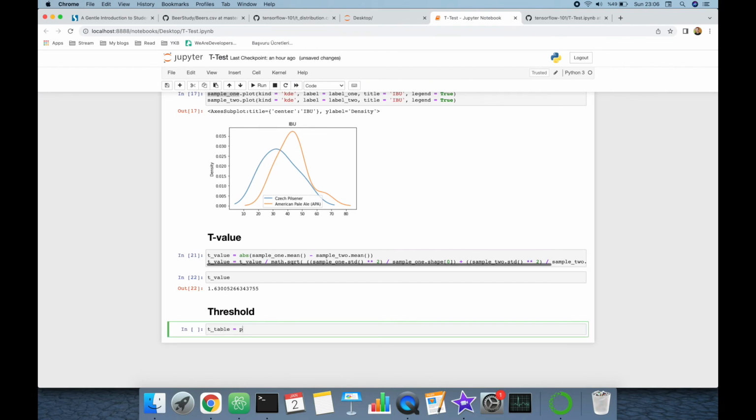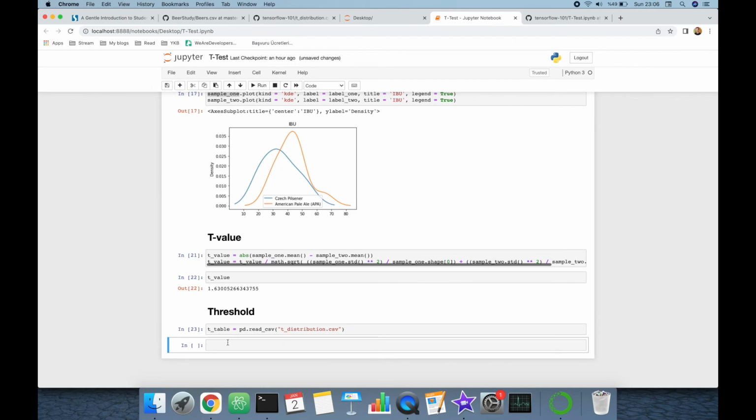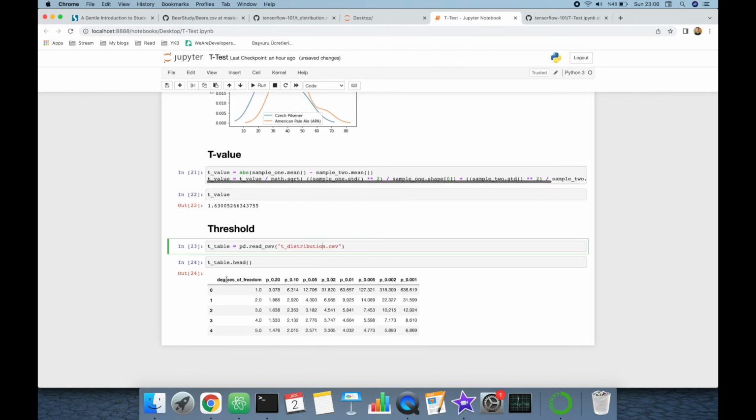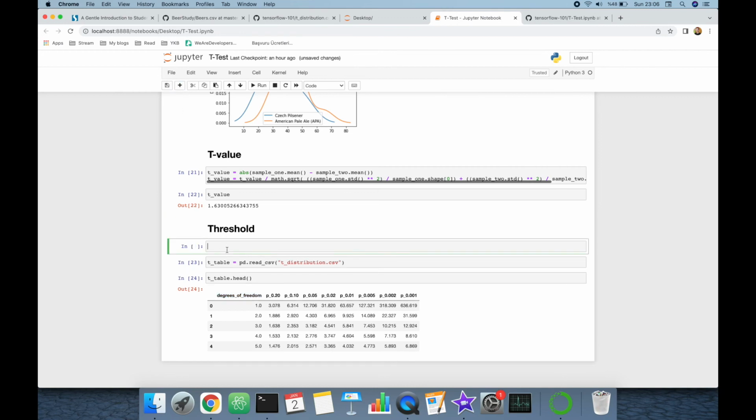And T table is going to be pandas.read_csv and T distribution.csv. Let's see the content of T table first. Here it mentions a degrees of freedom column, and we are able to find the degrees of freedom for our case,